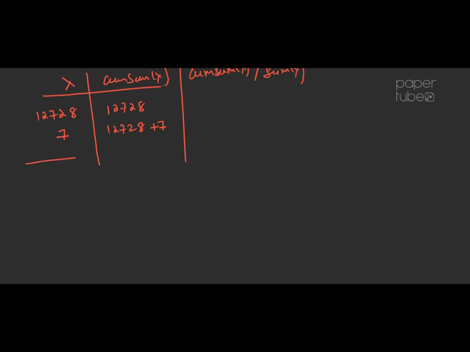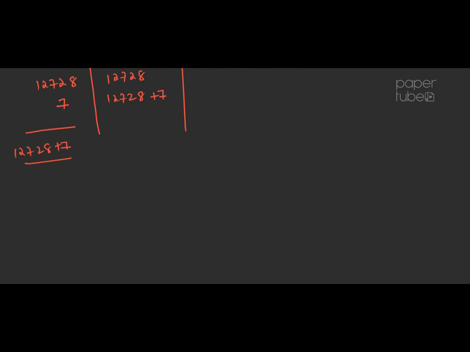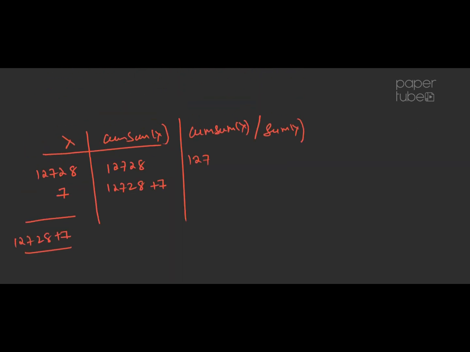So the sum will be 1278 plus 7. So the first will be equal to 1278 divided by 1278 plus 7, and then 1278 plus 7 divided by again this sum, which is 1278 plus 7. So if you calculate this value, this will be equal to 0.99, and the second one will be equal to